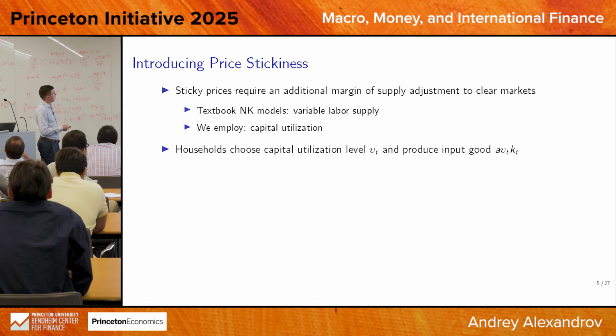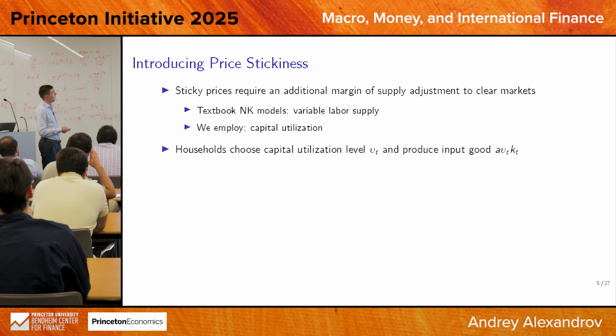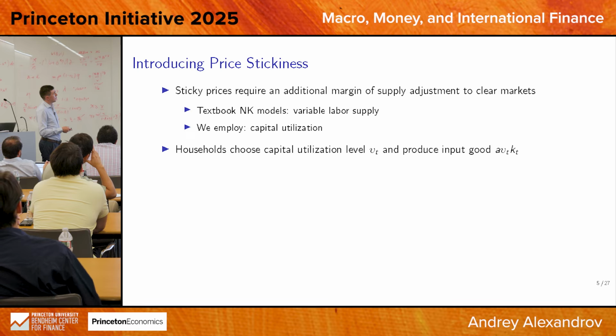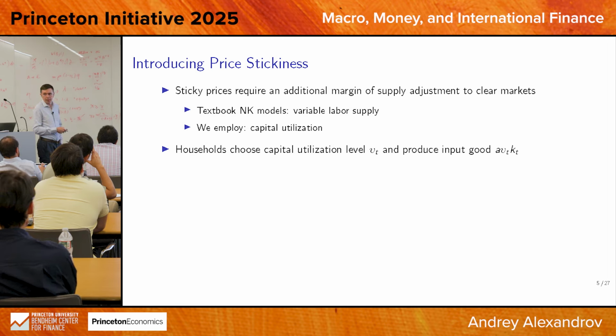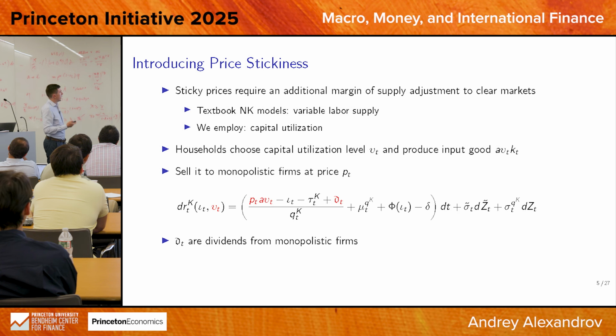The way it's going to work is that we need a new variable for capital utilization. It's going to be this upsilon_t. And then as a household, you produce upsilon_t k_t units of this common input good. So again, you have k units of capital. Each unit produces a units of the input good, but then you can produce more or less by changing your utilization. The way it's going to enter our setup is first through the return on capital,